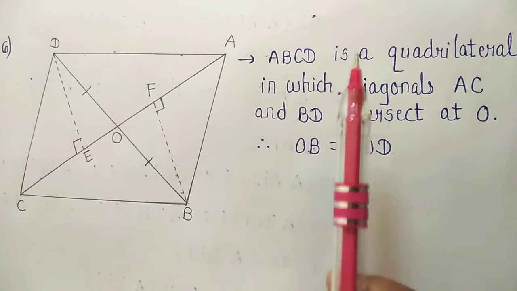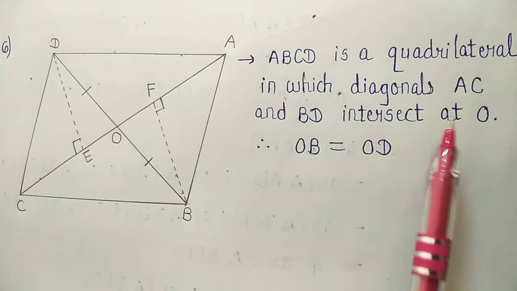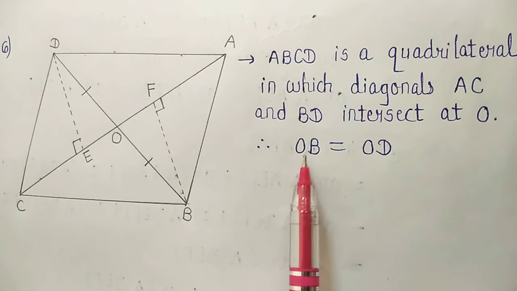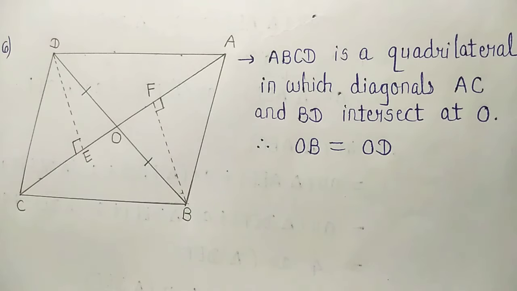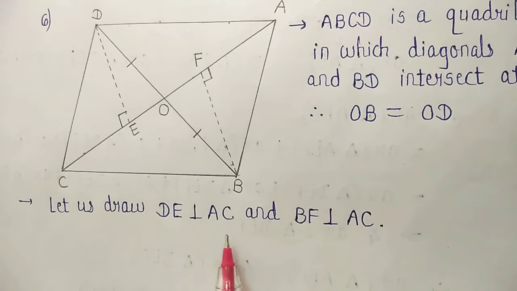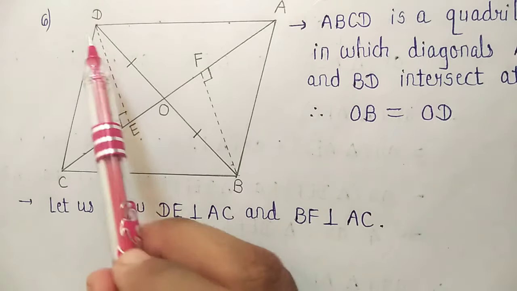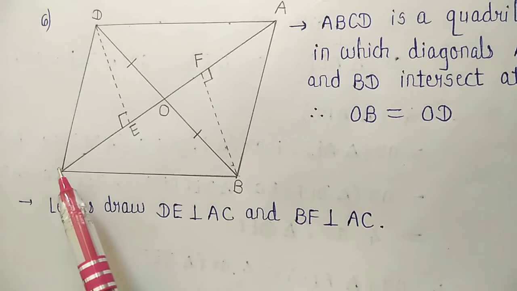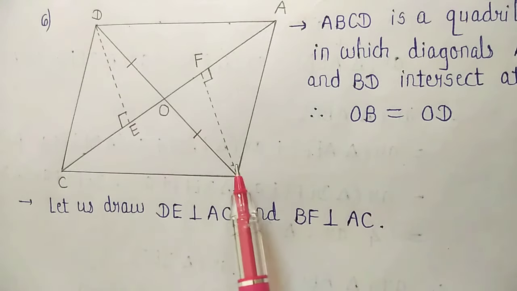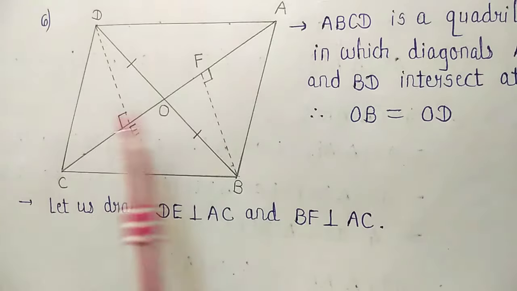First of all, we'll write: ABCD is a quadrilateral in which diagonals AC and BD intersect at O. Therefore, OB is equal to OD. And then we'll write, let us draw DE perpendicular to AC and BF perpendicular to AC. Now, first we have to prove that triangle DOC and triangle AOB both have equal area,